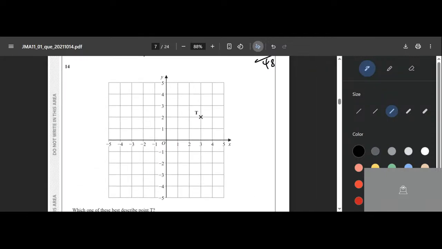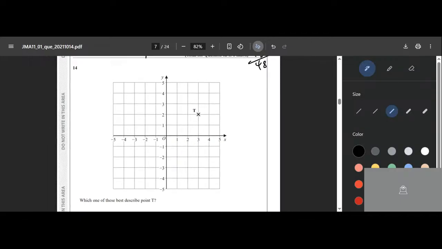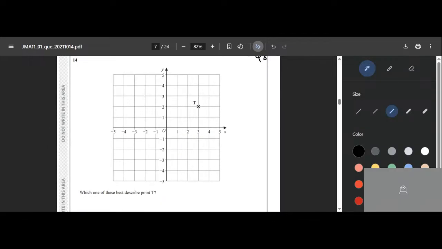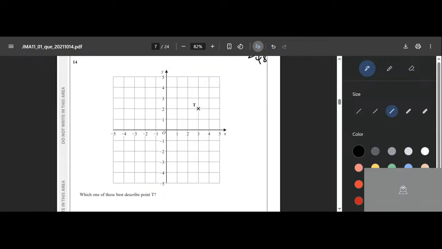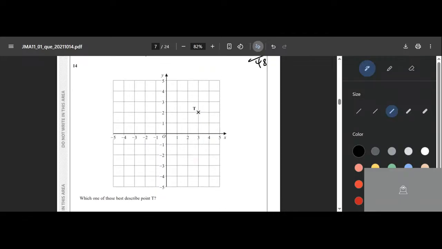So in question 14, we have got a graph. And on this Cartesian plane, you're asked which one of these best describes point T? So how do we read points on a Cartesian plane? Points on a Cartesian plane are read by